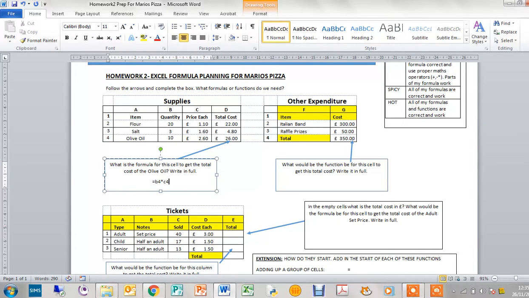Okay, and obviously this is not an Excel spreadsheet, so it's not going to work. It's a Word document you've got to print out, but that's what we're looking for. So you can think about what formulas you might need. Okay, moving on,